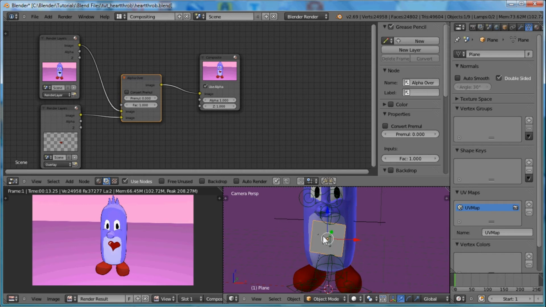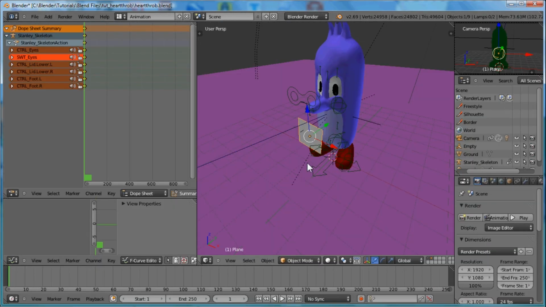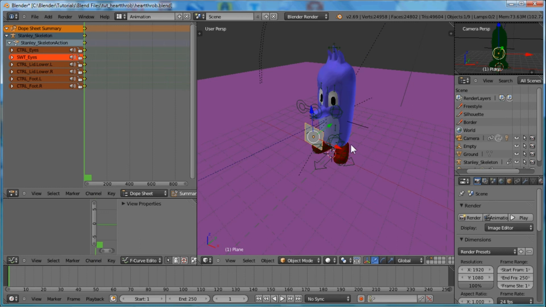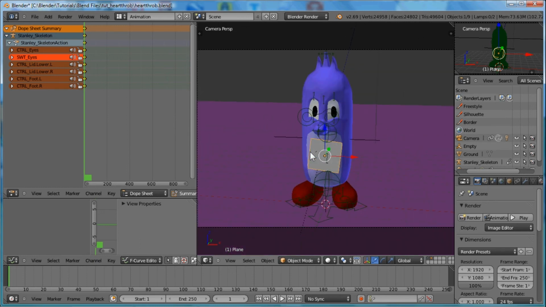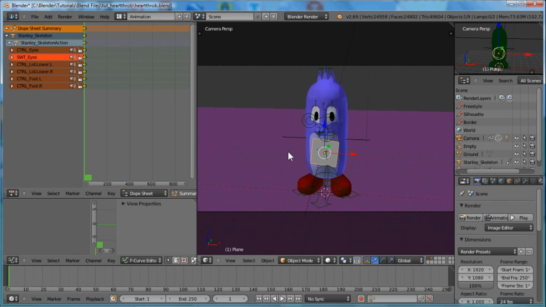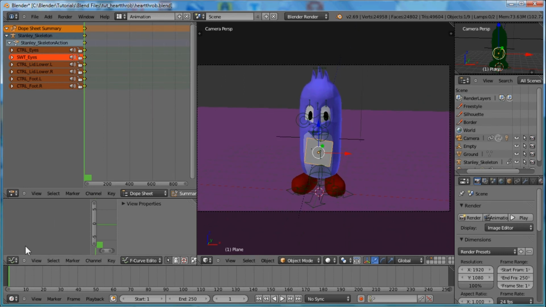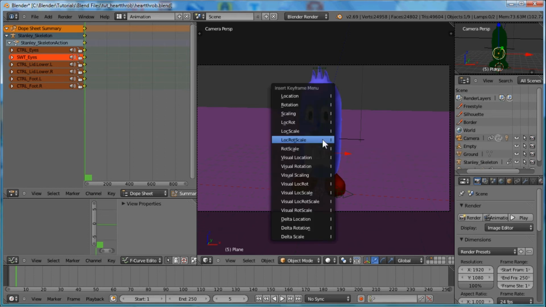So, we will go to a place where we have our timeline. If we go into our animation menu, I want to be in our camera view, so hit 0 on the numpad. Actually, I'm on a laptop, but that doesn't matter. It's universally translated. So now we go into our timeline. Let's set a keyframe a few frames later for this item. So if we press I, location, rotation, scale,